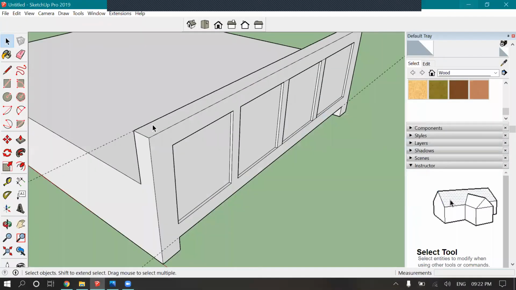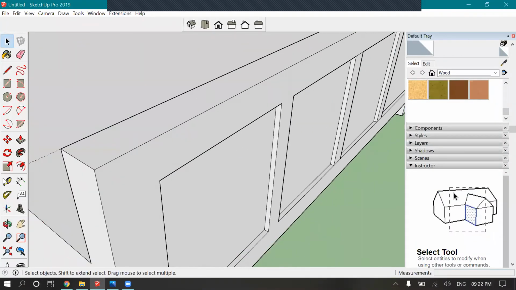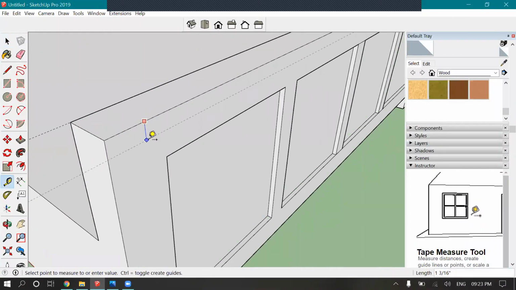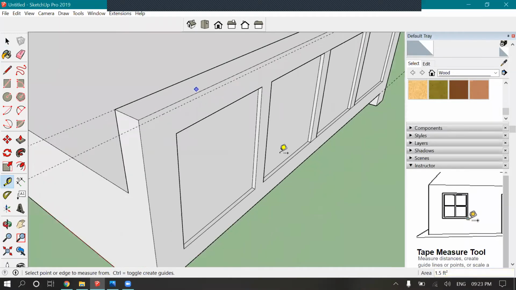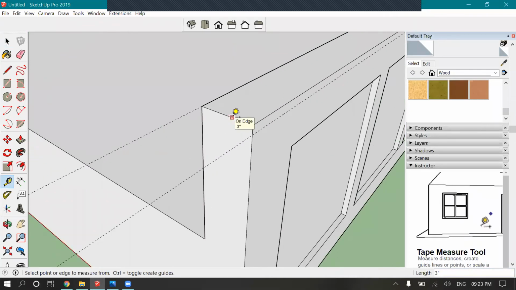All we need to do is use the measurement tool again, 0.25. Let's say 0.25. No, 0.25 is too little. 0.5, okay, it's fine. And 0.5 on this side also.